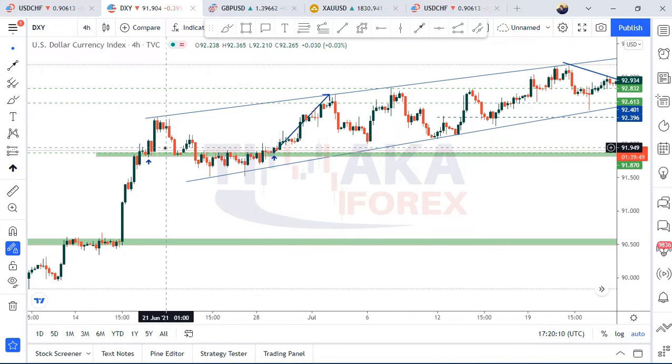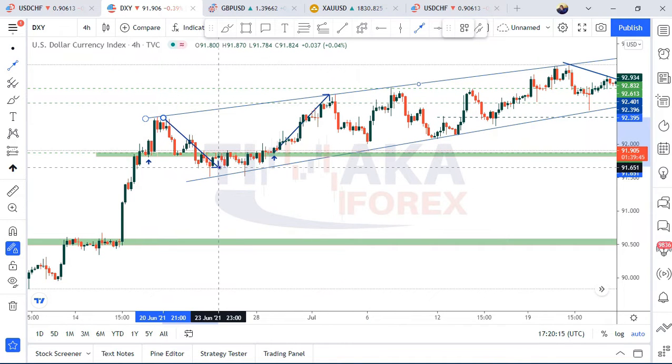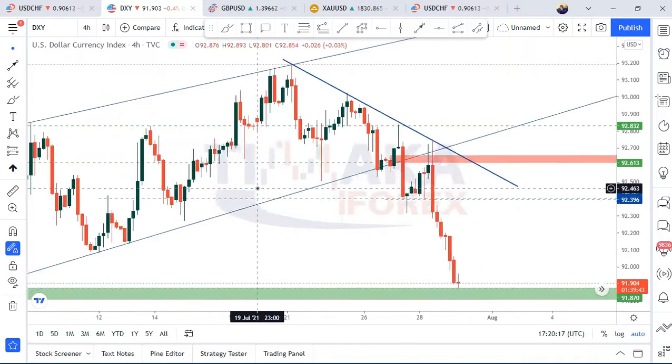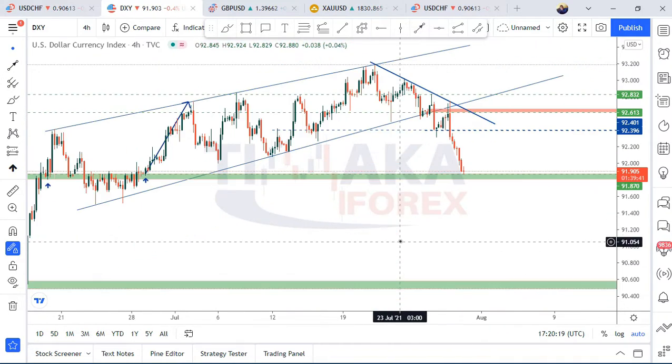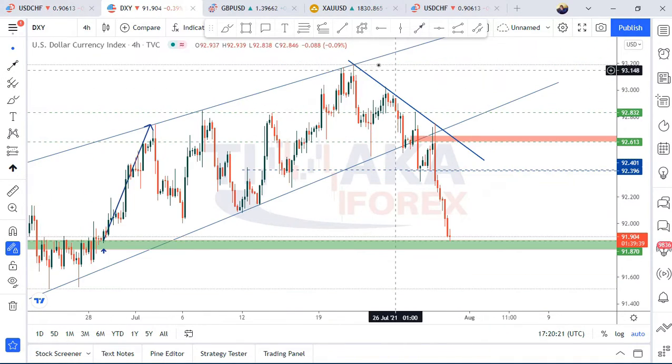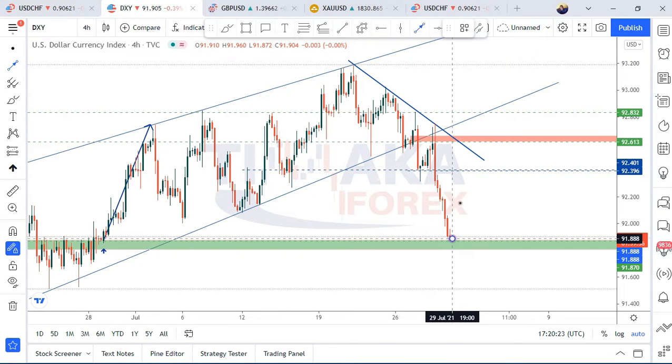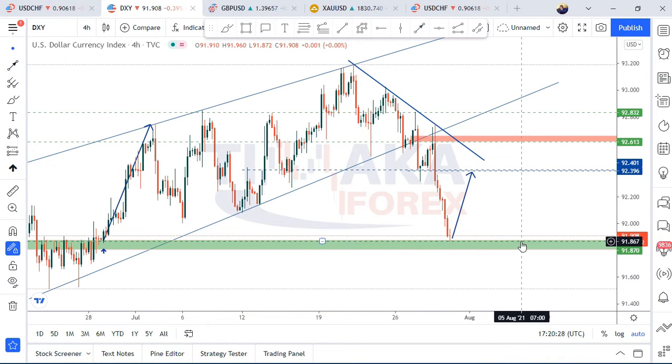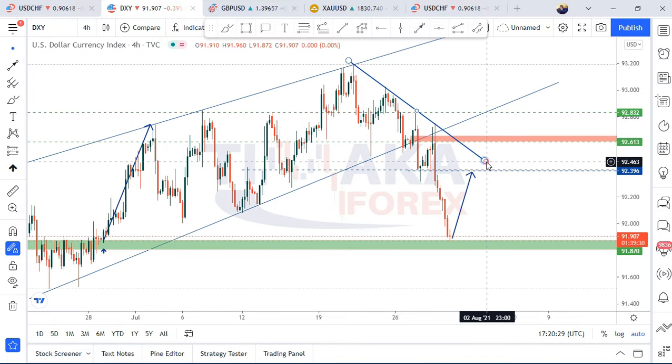And then the level being able to block this move downwards is also a possibility that the level is strong. That's what I'm expecting: we could see DXY possibly rising into these levels, if we can get a dollar